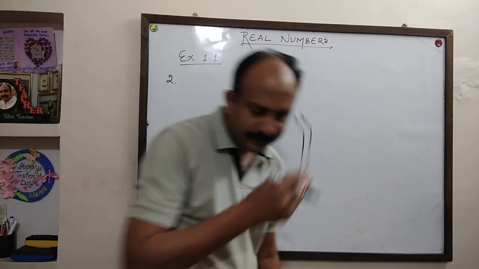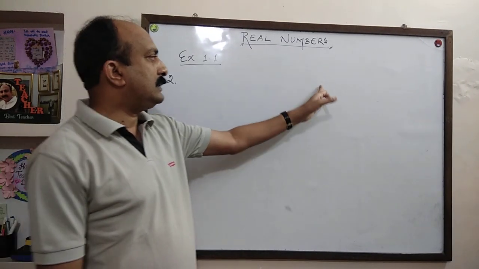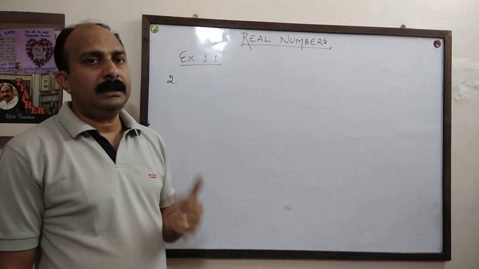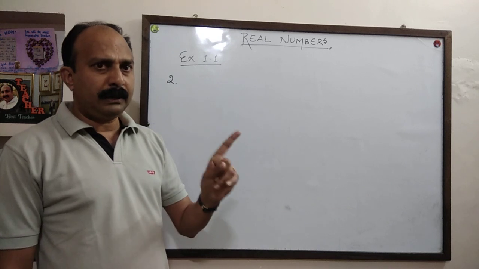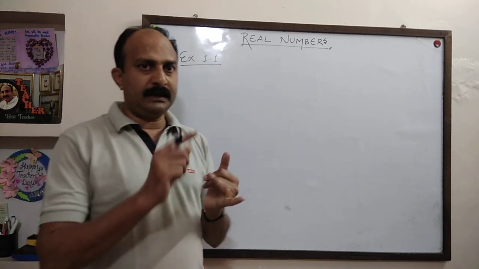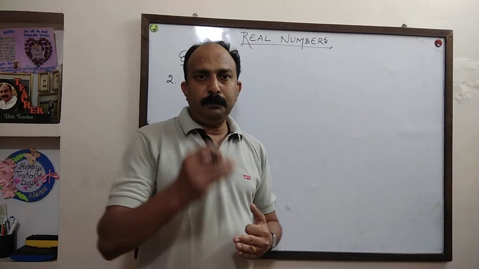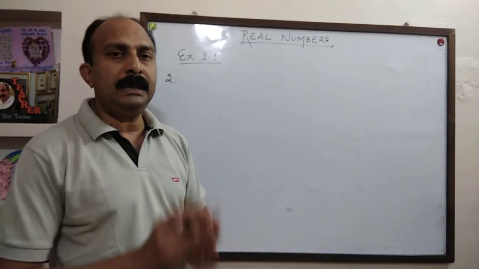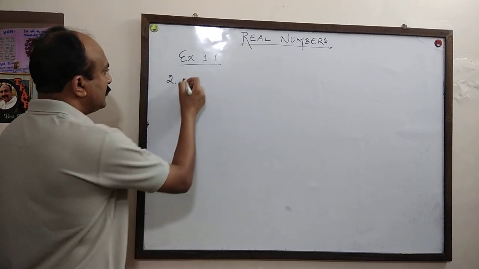See the answer, 6q plus 1, 6q plus 3, 6q plus 5 indicate it is like bq plus r. Everywhere b is the same. What is that b? 6. 6q plus 1, 6q plus 3, 6q plus 5. It is like bq plus r. Only r is changing, 1, 3, 5. But b is the same. So for solving this question, we will let